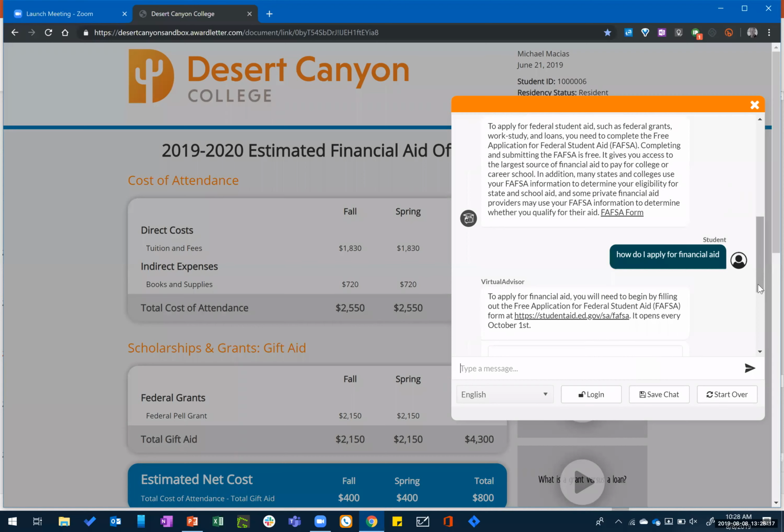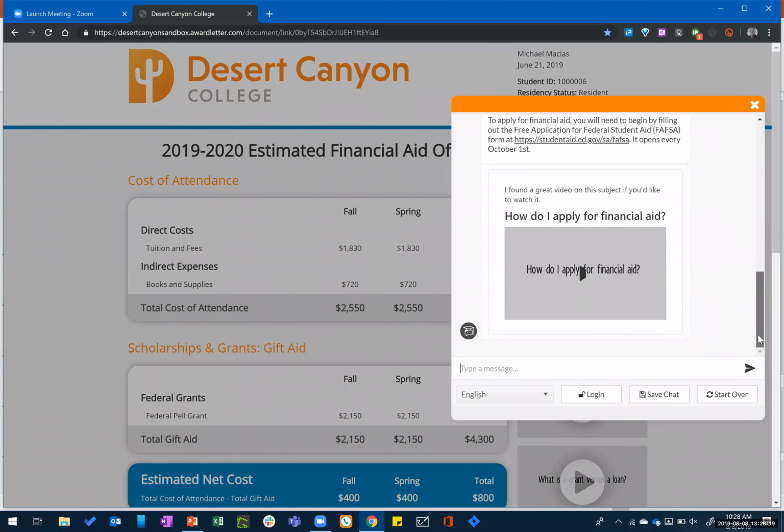But again, some students don't want to take the time to read. And Campus Logic began about 1.5 years ago to build a library of financial aid content, financial literacy content, that we make available to our customers to embed in the award letter and in our products. But the virtual advisor is actually intelligent enough and aware of that video library, so when applicable, it will give them the option of watching video content.